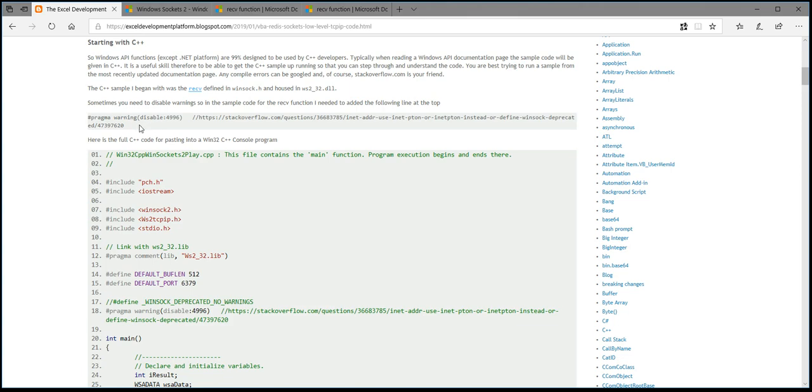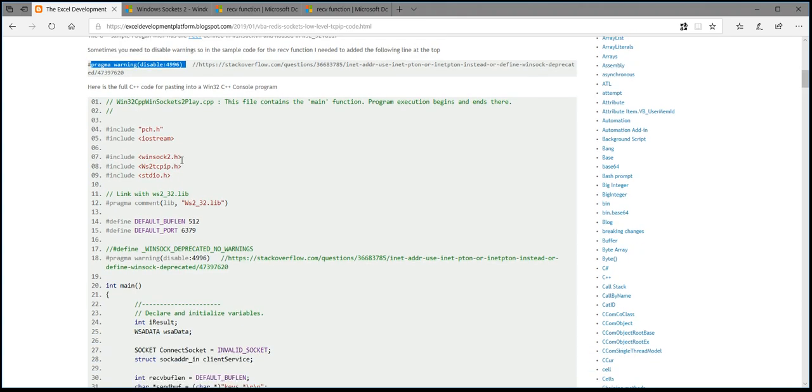And sometimes you find you have to disable warnings so the sample code will work. In this instance, I had to add a pragma to disable this particular warning, and I found this out from Stack Overflow. Here is the full C++ code which calls into Redis,